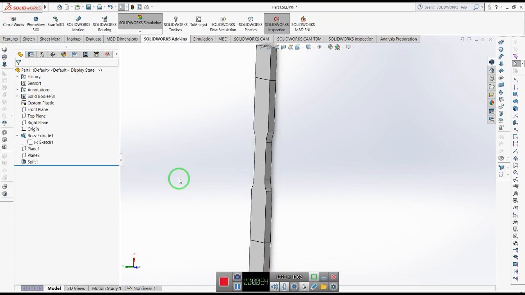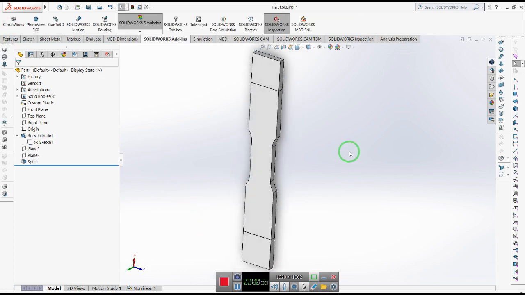I exit sketch. The important issue for designing this sample is you must split the surface to three sections because I want to apply the boundary condition and force in these two surfaces. Okay,